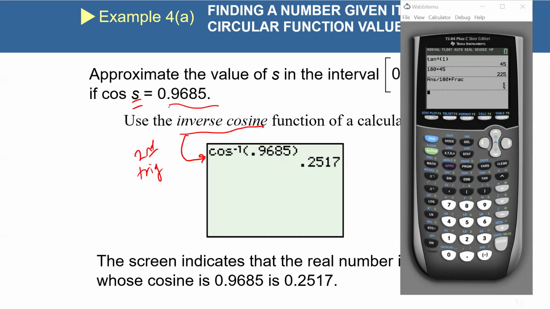So like on the cosine inverse here, you have the cosine inverse of this. I'm in degree mode, correct? I'm going to use second cosine of 0.9685, and it says this is your degree. So my degree is roughly 14 point whatever. But I need to convert it to radians because the answer is in radians. Since this is all in degrees, I'm going to multiply this by